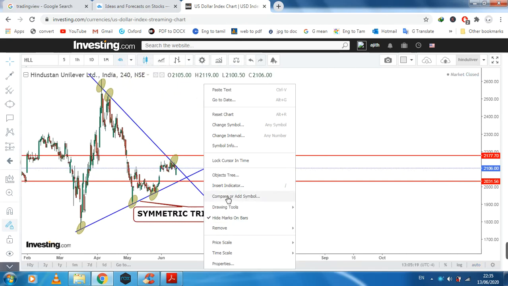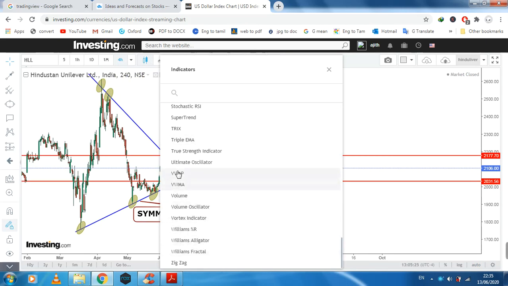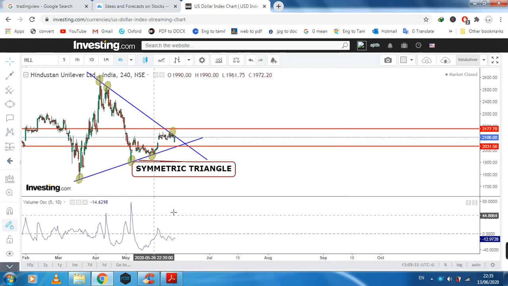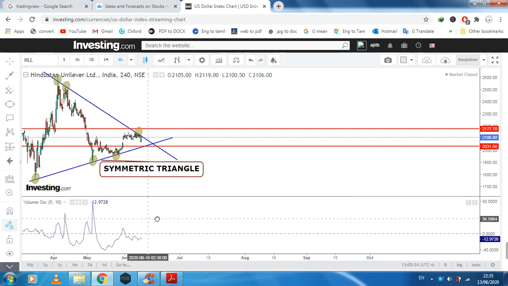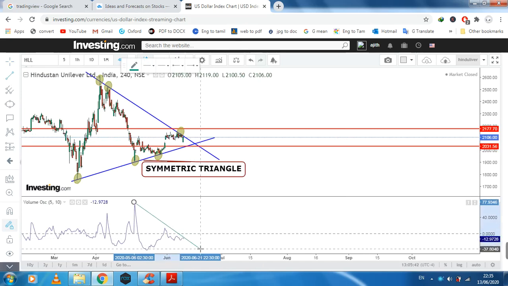I need to go to the indicator, the volume oscillator. Okay, you can see this thing. Okay, so